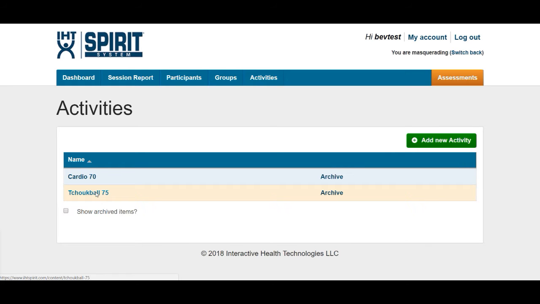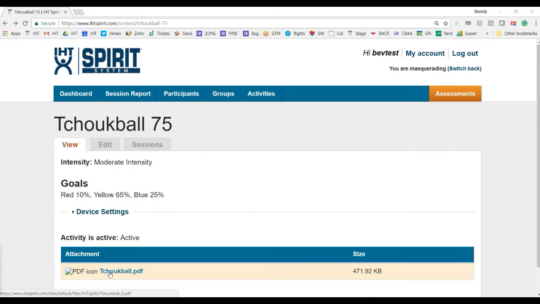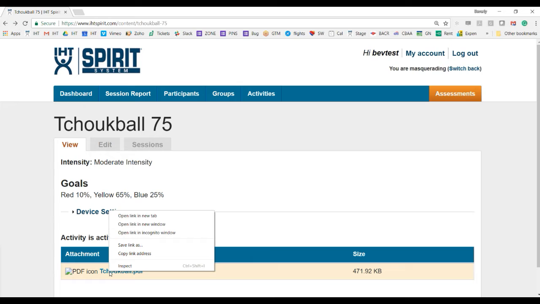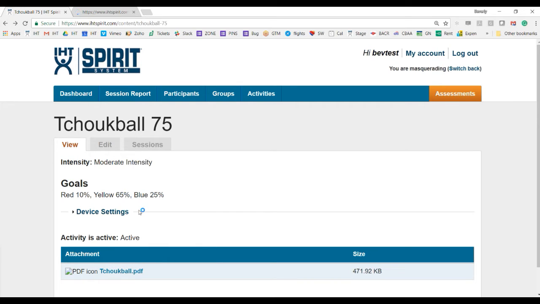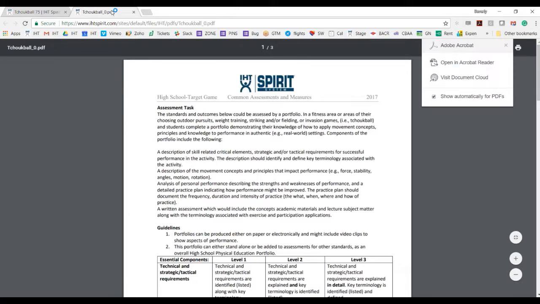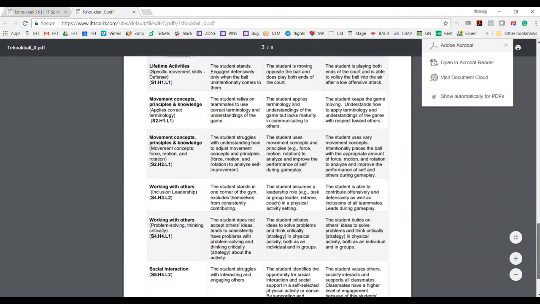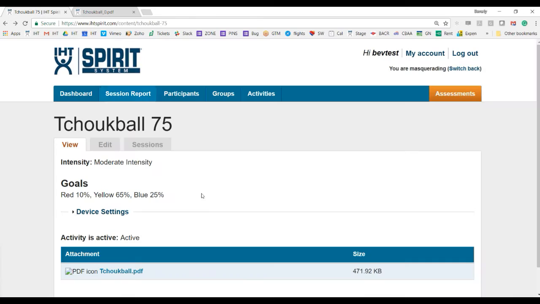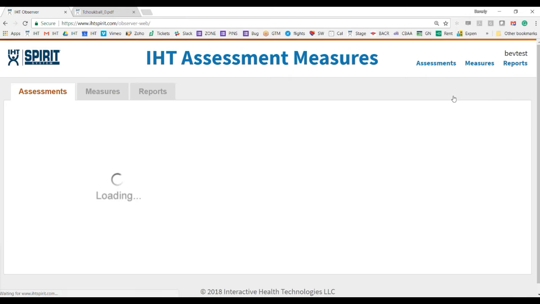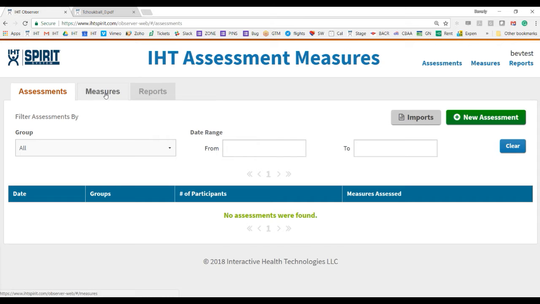So I simply click on Tookball. Now I will right click on that hyperlink, open in a new tab. This will now open up my rubric, and I can toggle back and forth between the two documents as I set up my measures. So now I click on Assessments, click on Measures,